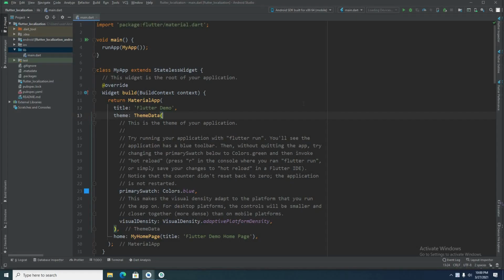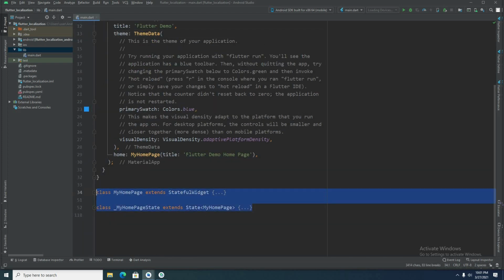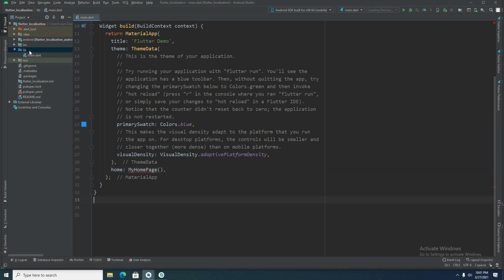At first we'll be creating the UI of our app, and then we'll move towards the logical implementation of localization. For that, let me delete all this code from here. Now I'll create a new file called homepage inside the lib folder.